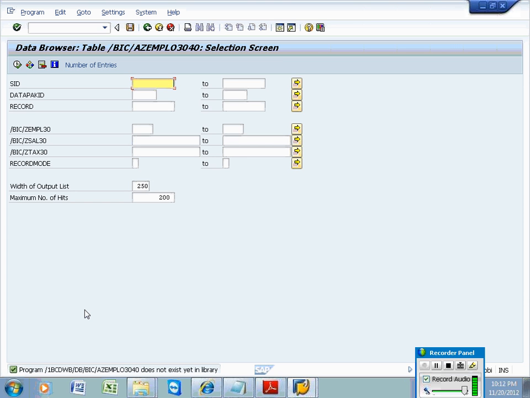You create an info object, then this is the corresponding field generated by the system. Create another info object, corresponding field. Create another info object, another corresponding field. By default it will be maintained by the system. Now the table has all the inputs. Execute this one. There are no table entries. Until now we didn't upload the data, so obviously there are no table entries.